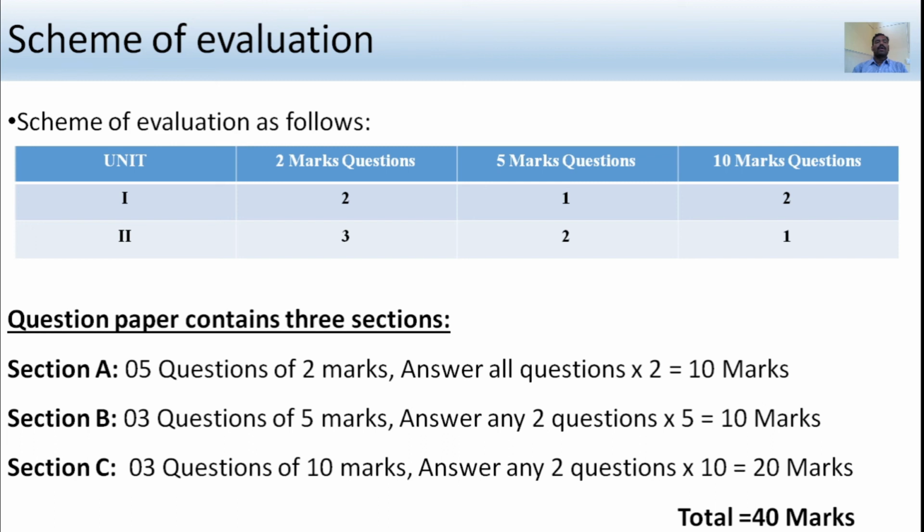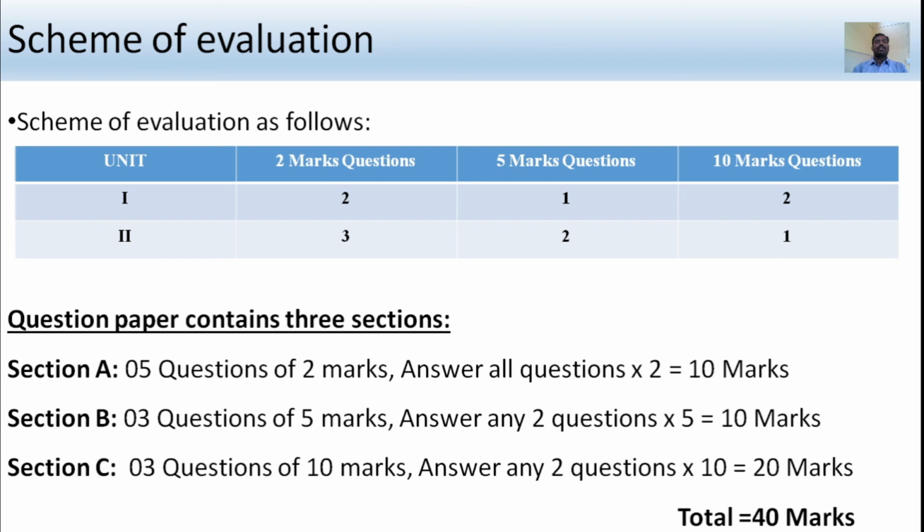How the question paper is constructed: it contains 3 sections, section A, section B, and section C. Section A has 5 questions of 2 marks, and you have to answer all questions. So 5 into 2 is 10 marks from section A. Section B has 3 questions of 5 marks, and you have to answer at least 2 questions.